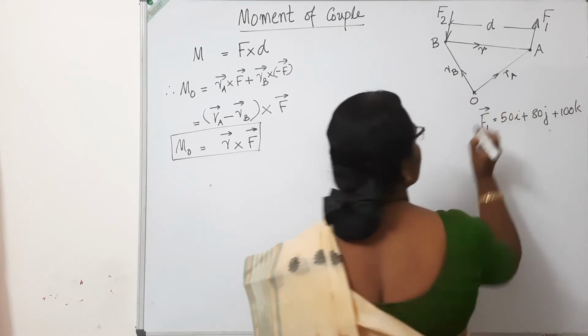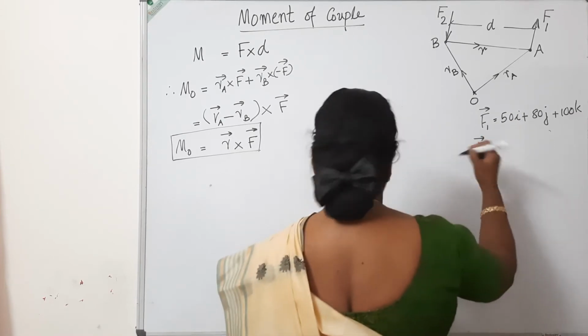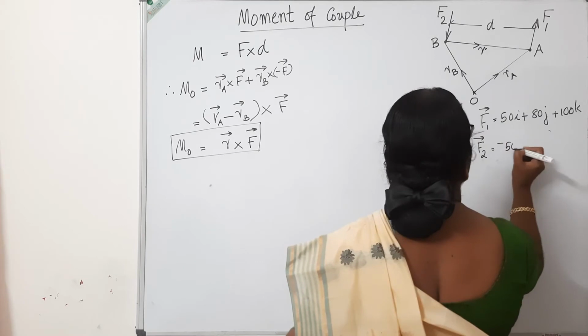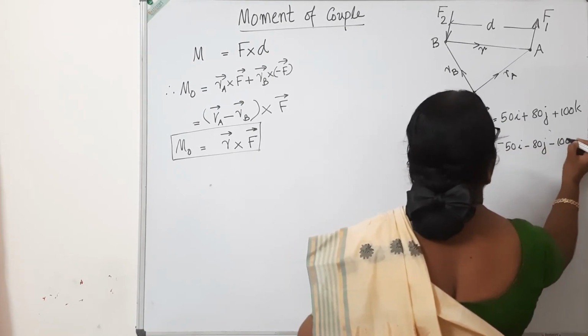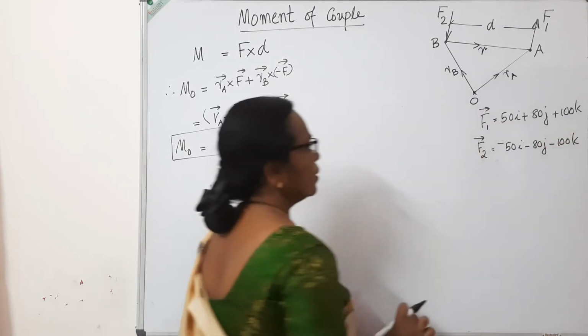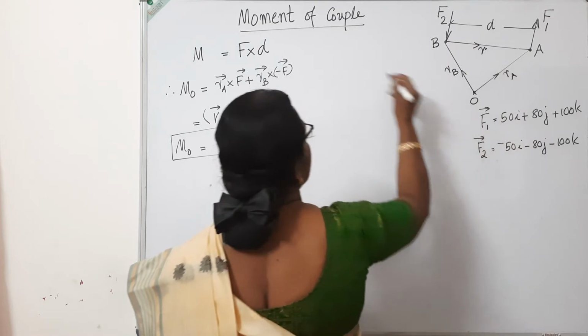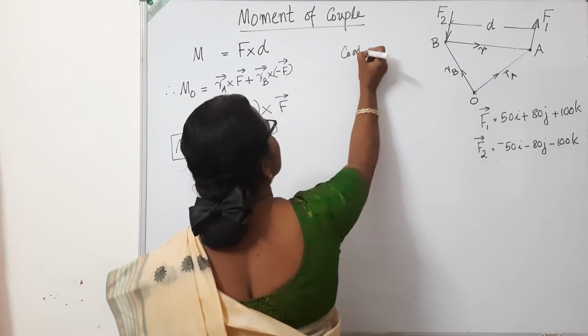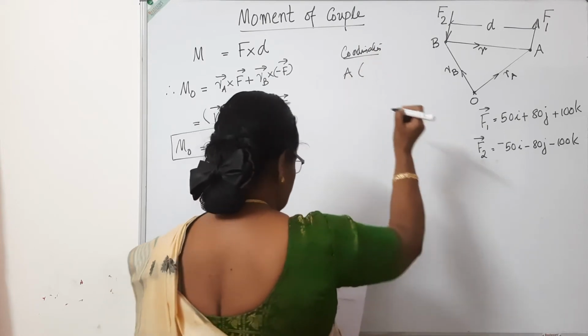The second force, F2, is the negative of this, minus 50i minus 80j minus 100k. And the coordinates of the point A, where the force F1 acts, are given as